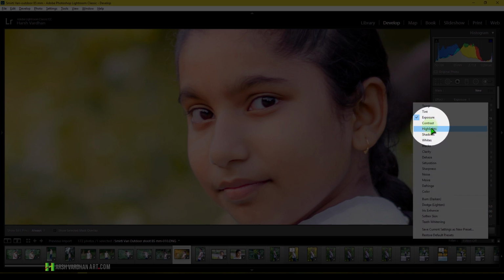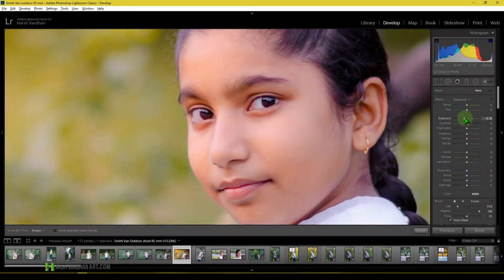So I think we don't have the option, so I need to fix this myself. So I'll drag the exposure, maybe something like this, because I want these eye catchlights to be brighter, and I'm going to make the size of the brush smaller. So I'll press the left bracket to make it smaller,